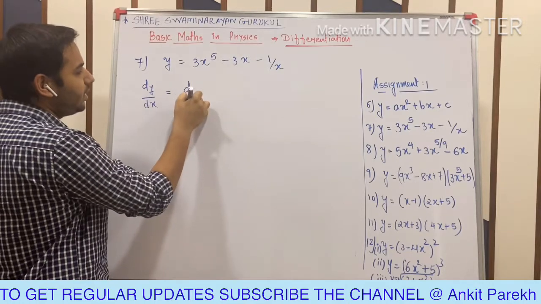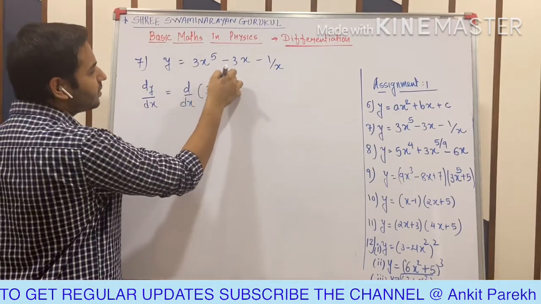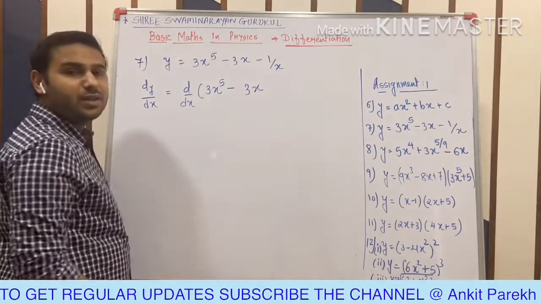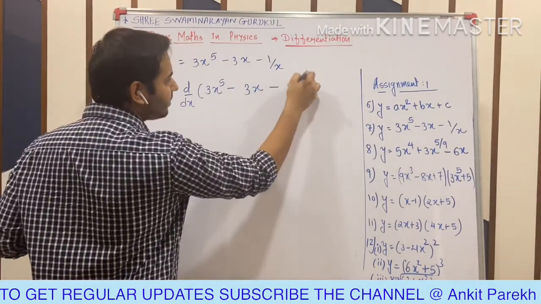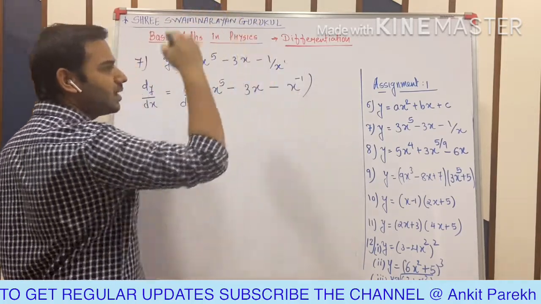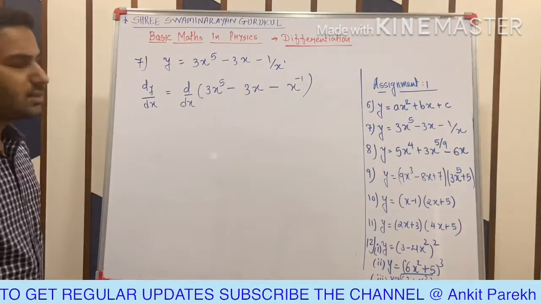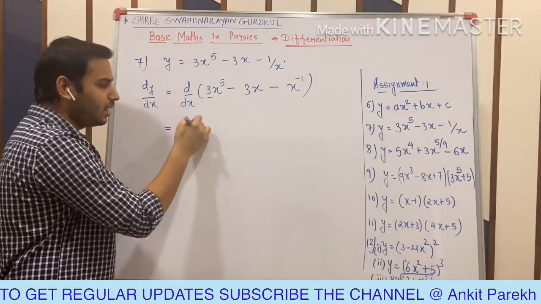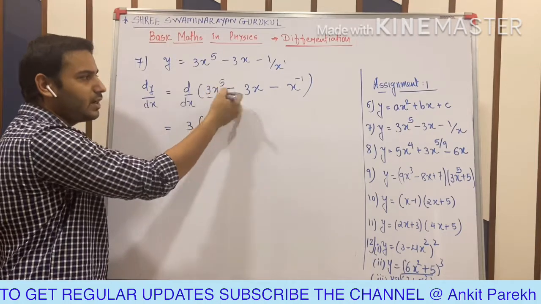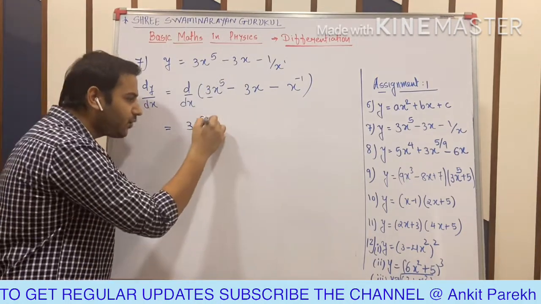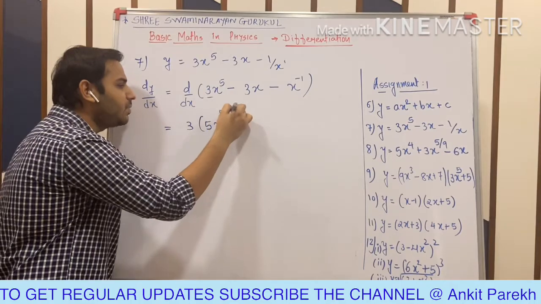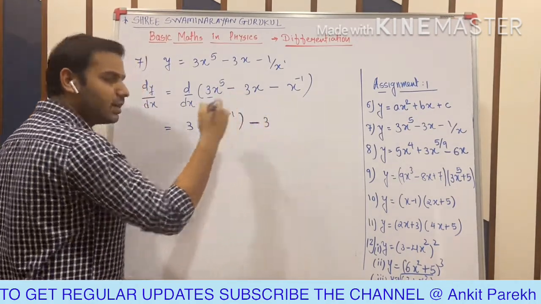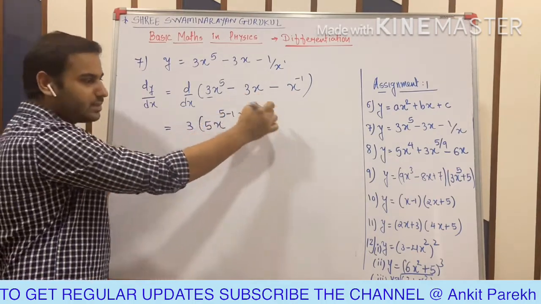I can write d by dx of 3x raised to 5 minus 3x, and this is 1 upon x. I can write x raised to minus 1, because here x raised to 1 only, so it is x raised to minus 1. Now differentiate this. 3 constant term outside, x raised to 5, differentiation of this term is 5 x raised to 5 minus 1, 5x raised to 4, negative sign, 3 constant term outside, differentiation of x which is